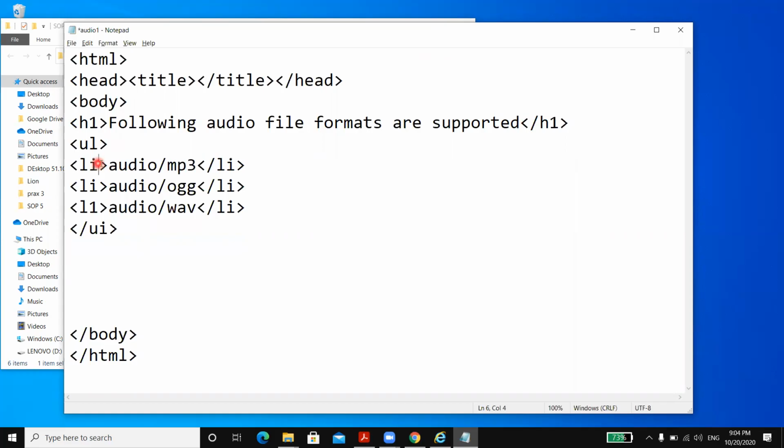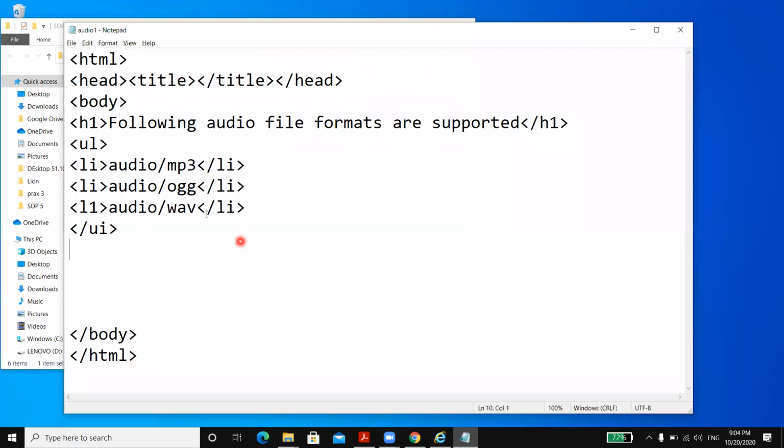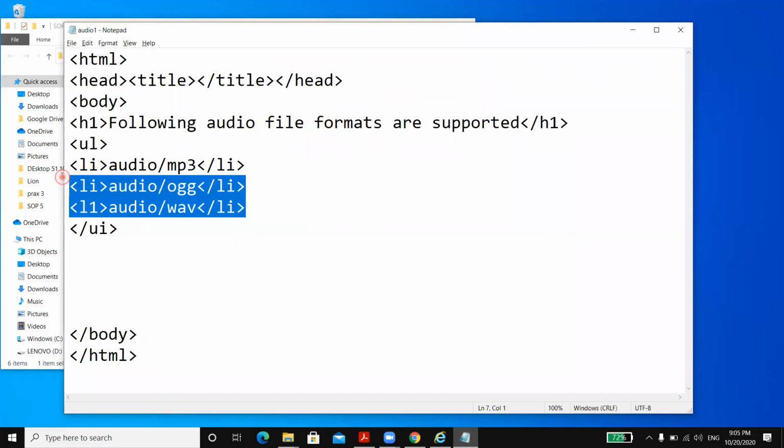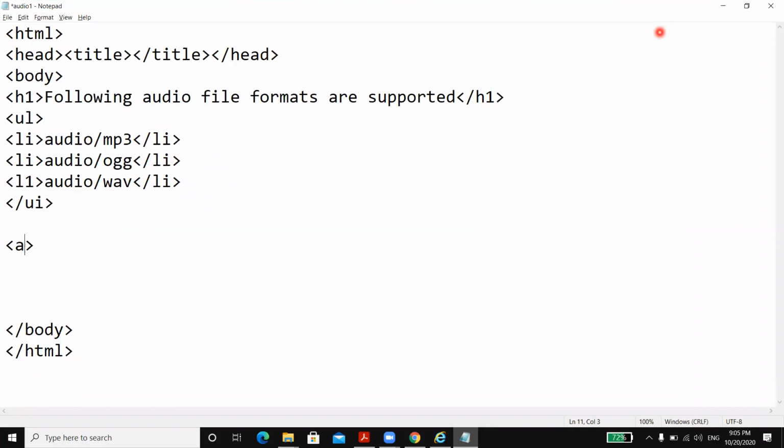So li. Fine. So now what we are trying to do is highlight a message to the user that only these file formats are supported. Why? Because here we are going to play this file. So let's check. Here we can write the same tag, audio, then the closing of the audio tag.